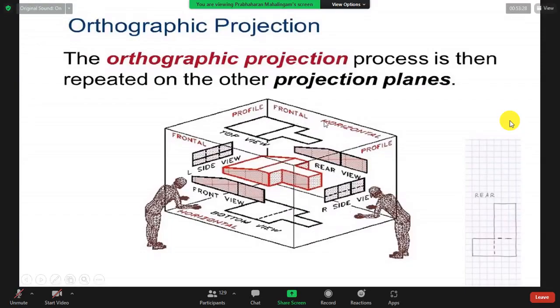These types of views are called orthographic views. Orthographic views are projected onto projection planes, meaning the horizontal plane and the vertical plane. So orthographic projection is a process that is then repeated on the other projection planes, right?